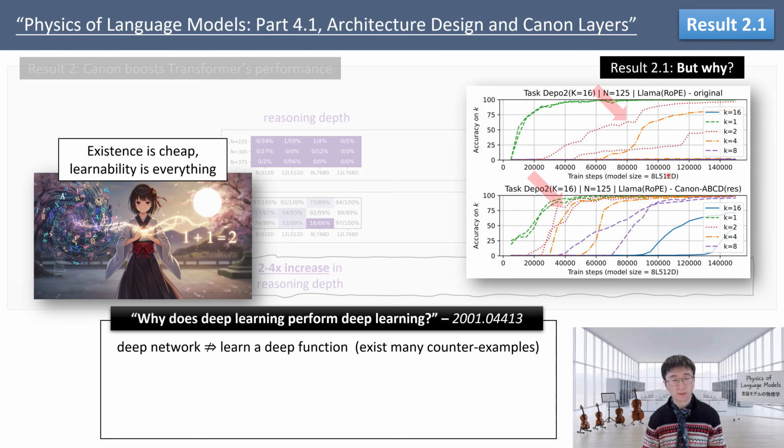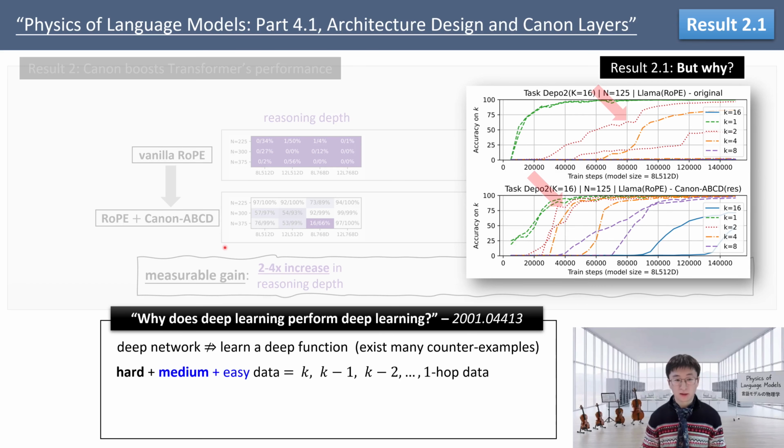So this is the picture I'm going to repeatedly show you today. That is, I think existence is cheap, but learnability is everything. You can, for instance, make your architectures arbitrarily complex, do a lot of wishful thinking there. But at the end of the day, what SGD learns could just be a very simple function. So in order for deep learning to really learn a very deep function, what it ends up needing is this kind of data hierarchy. That is, your training data has to contain not only hard data, but also